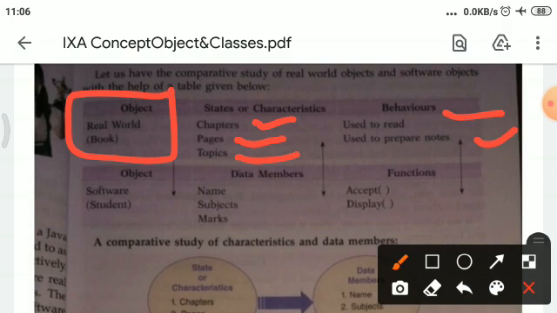If these characteristics or states are mapped into a Java program as data members, such as chapter name, subjects, and marks, and the behavior of a book is mapped to a function in a Java program, then we can easily map a real world object as a software object.